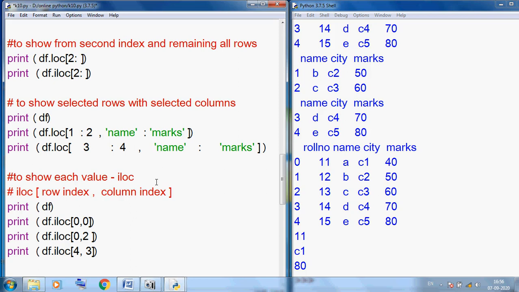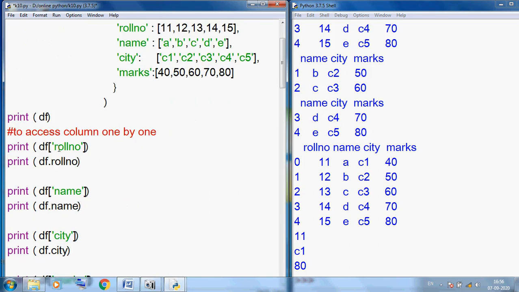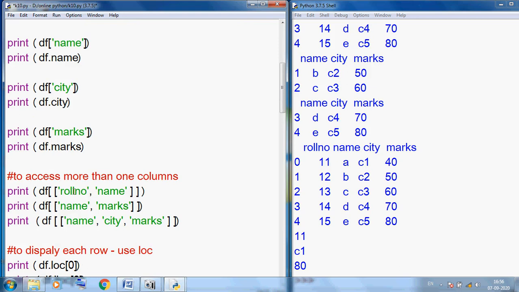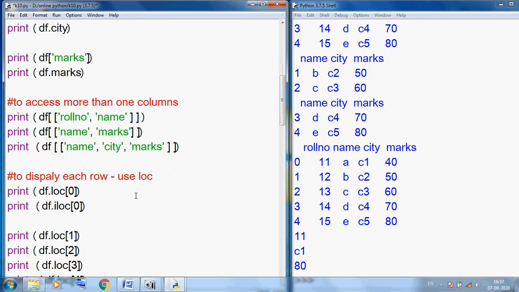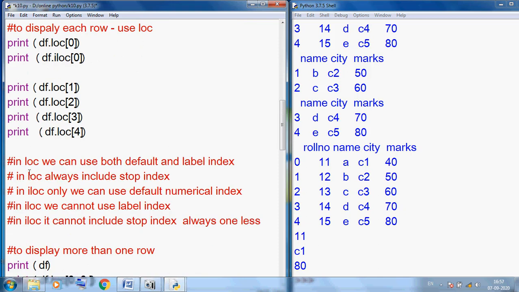Okay students, so we can access this section. Today I discussed how to create a data frame simply, how to access each and every column in bracket style or dot style, how to access more than one column, how to see each row with the help of loc and iloc, and how to see multiple rows with loc or iloc.